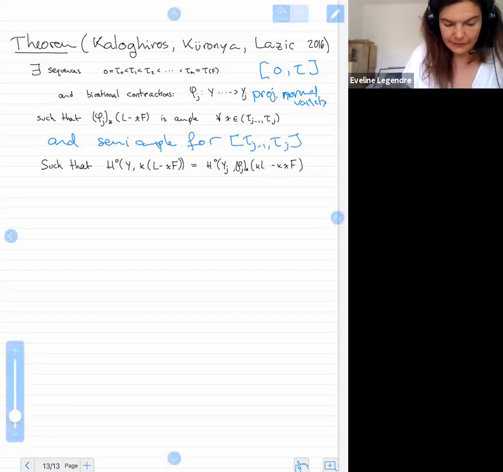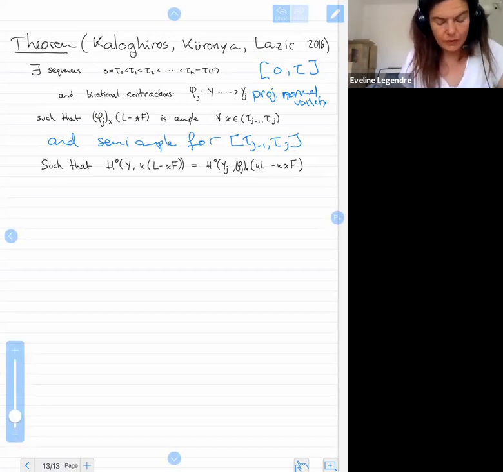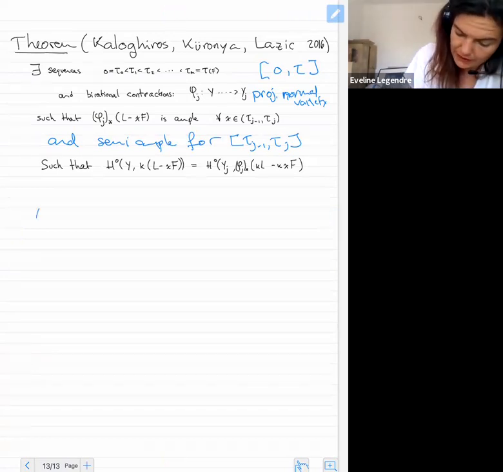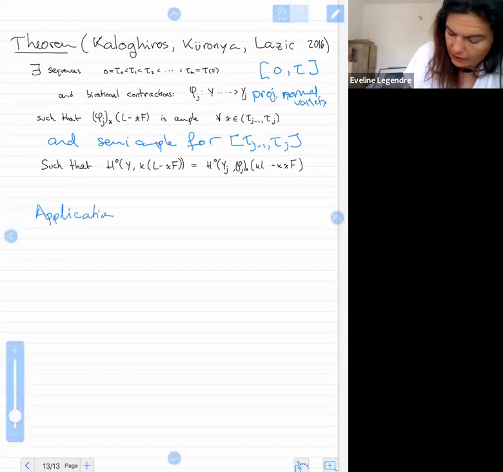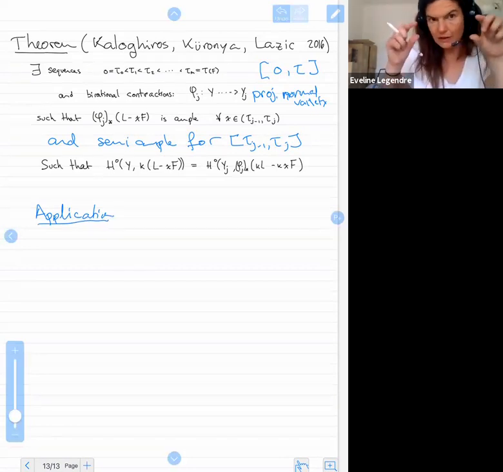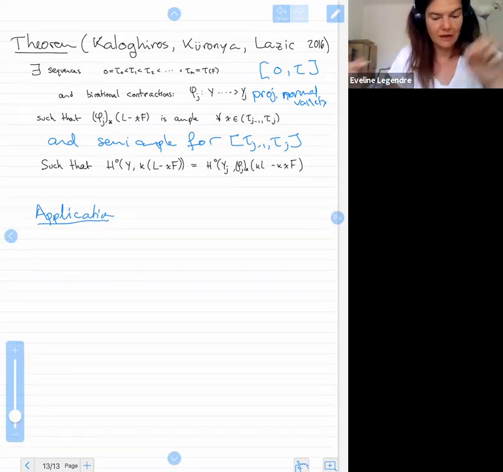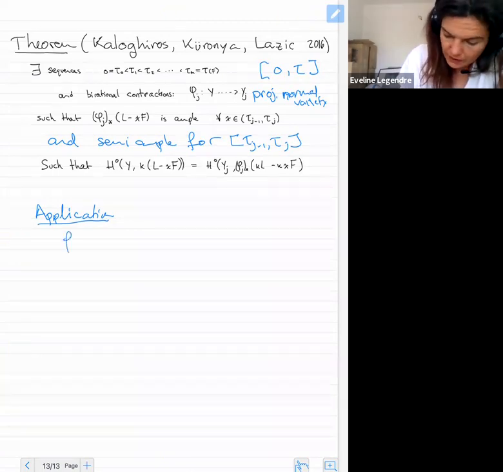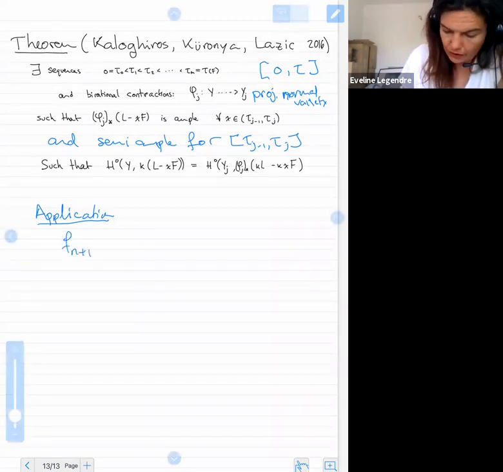And so what we were able to do with that, we were able to manage the coefficient of F_{n+1} as follows: